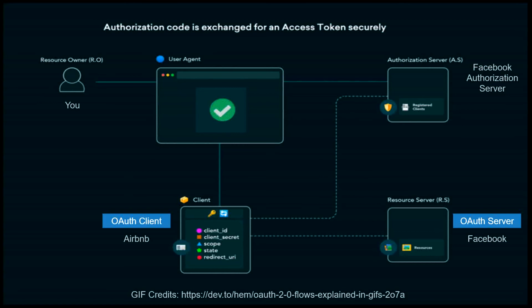Now, the client can use this access token it has to access the resource server, that is Facebook. Say Airbnb wants to suggest places to you based on your interests. It requests Facebook to get that data about you using the access token. Facebook then responds back with the data requested by the client, and Airbnb then shows you the places to visit based on that data. Thus, in a way, you authorized Airbnb to use certain data, and using that data, Airbnb provides you with different functionalities.